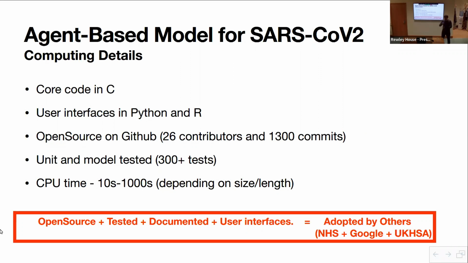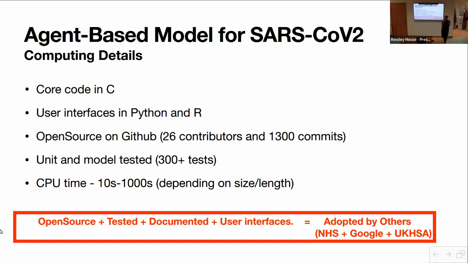So that choice was a product of where I was, as opposed to sitting back and working out what would be best. The second thing we did with the model, which was quite important, was because C models are not particularly friendly for people to work with, we had from the beginning an interface into Python and then soon added an interface into R. This made it much easier for other people to use the model, because they were used to writing Python and R, which are both very good packages for data analysis and data modeling. So if you want to integrate your model with data modeling, it's quite important to interface it into the languages that people who do data modeling want to use.